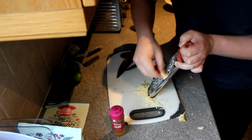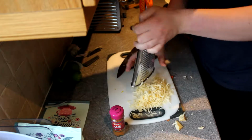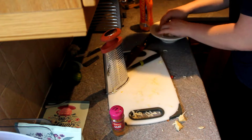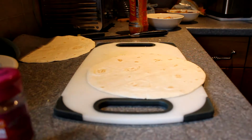Whilst your ingredients are cooking, we can move on to the cheese, which will be acting as like a cement sort of thing to bring the quesadilla together. I'm just using normal cheddar, but you can use any cheese you want. After all your ingredients are cooked and ready to go, put them all to one side,